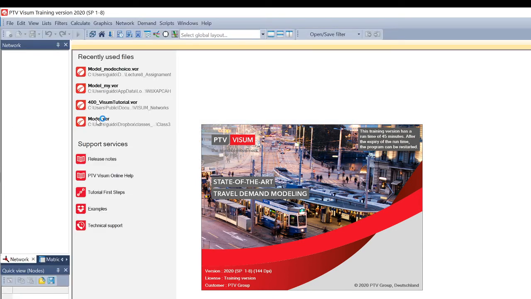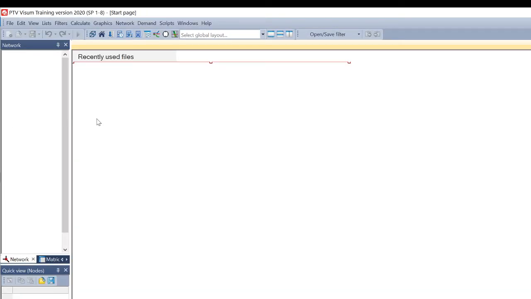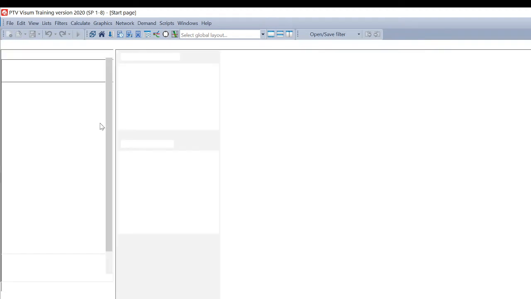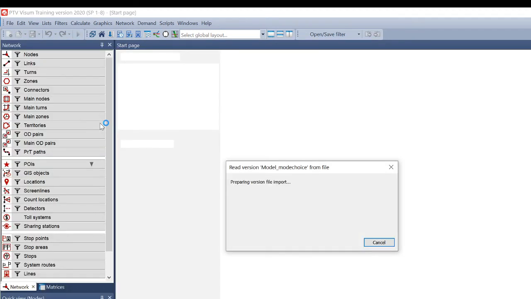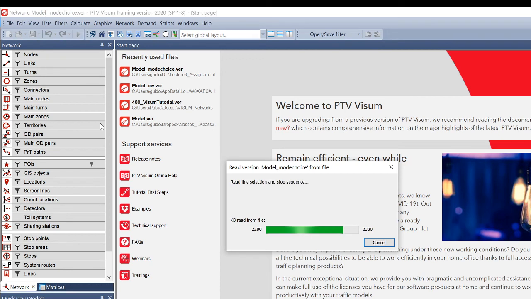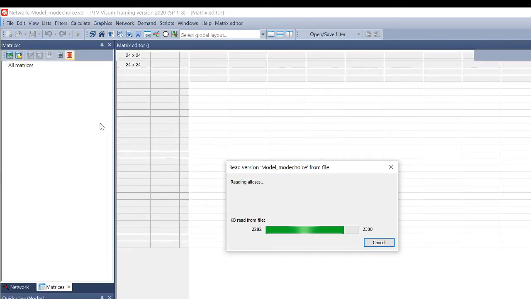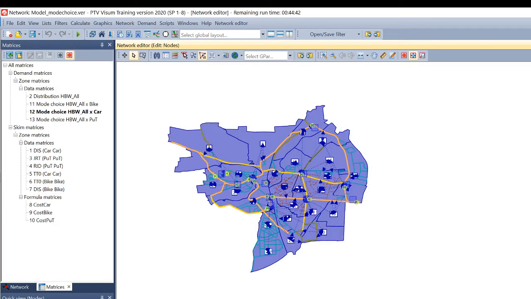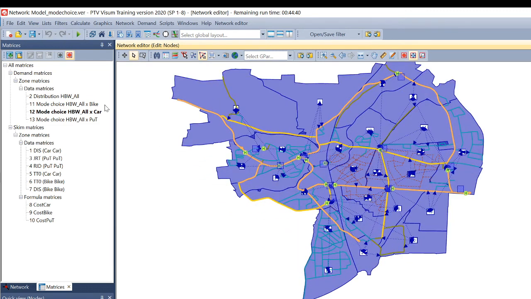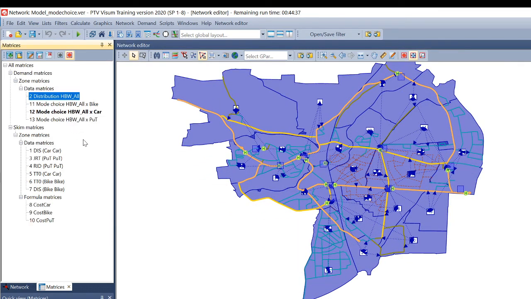And this is still the training version with 45 minutes. And there you go. We have our network, we have several different matrices over here, and we want to create